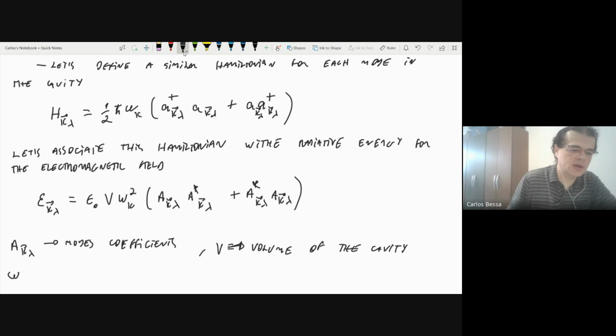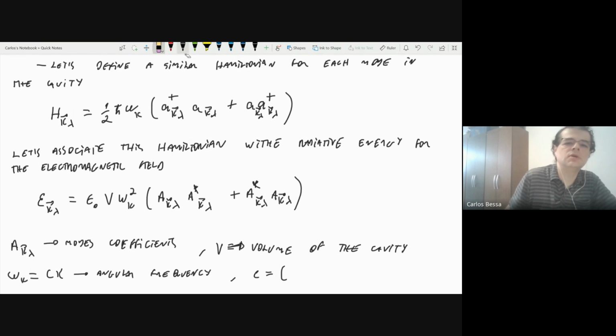This omega k is just the velocity of light times the wave vector k, the angular frequency of each mode. And c is the velocity of light in the vacuum, that is given in terms of the